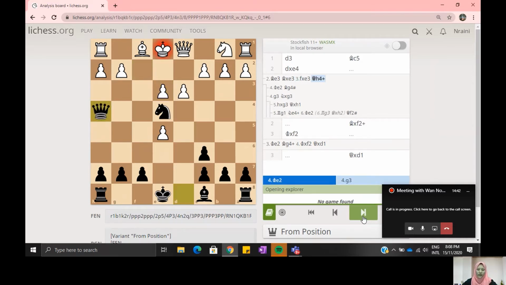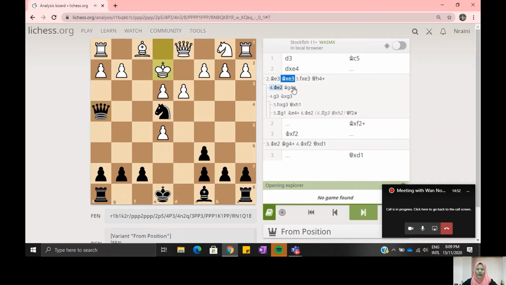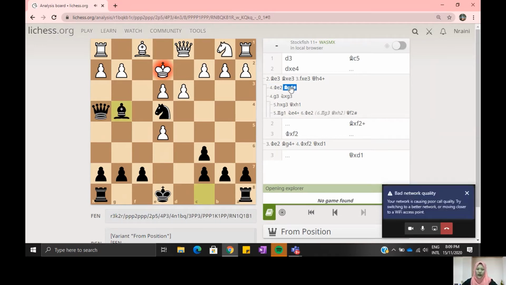Now if we look at it and say the king moves to, well, that's just going to checkmate the king if the bishop moves to g4. But if they try that g3